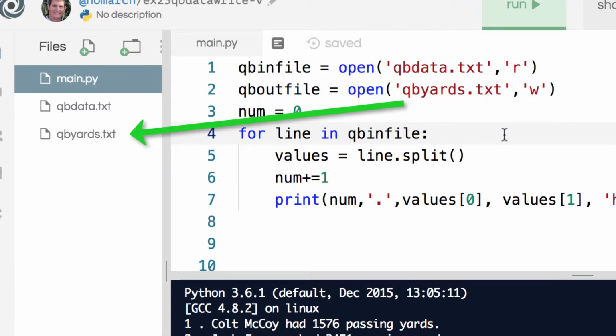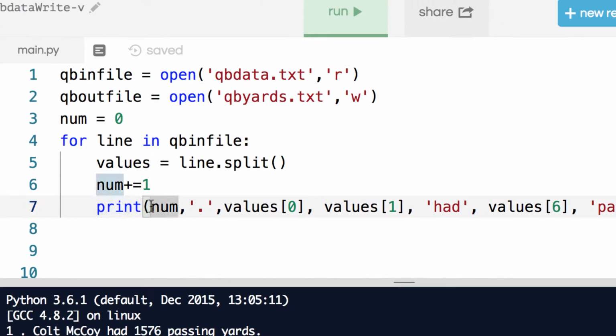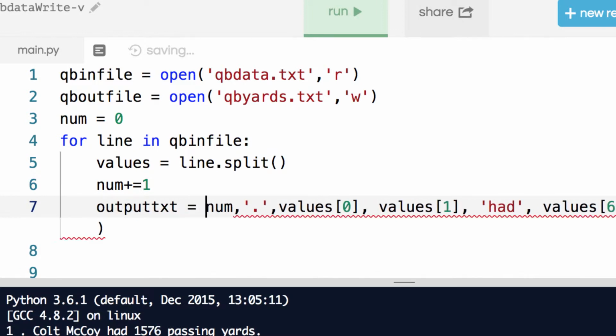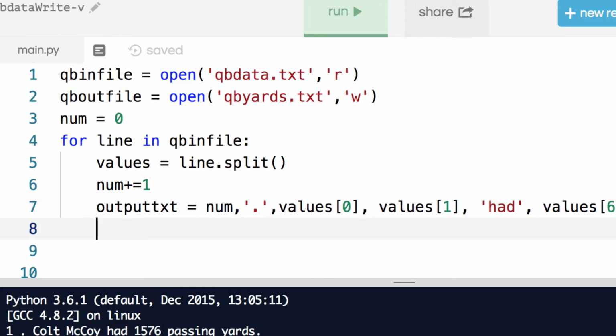So what we want to do is, instead of doing this, we're actually going to make a variable, and let's just say I'll call it output text or something. And it'll equal that. Hopefully we could do this just like that. That'll work with a variable. And then instead of printing, we're going to do